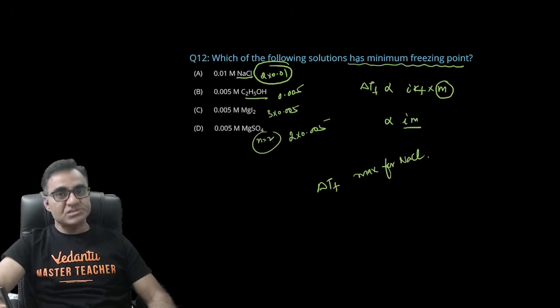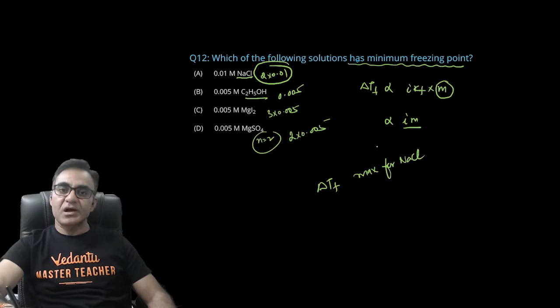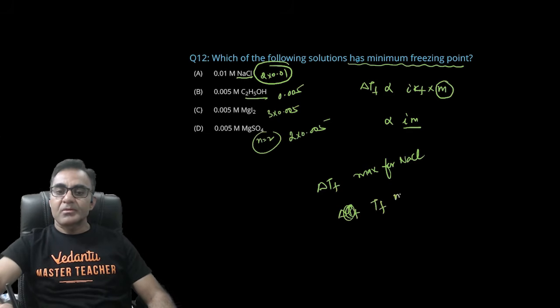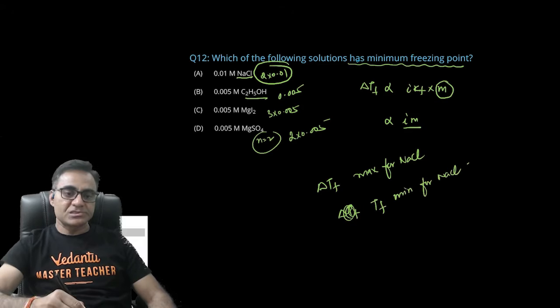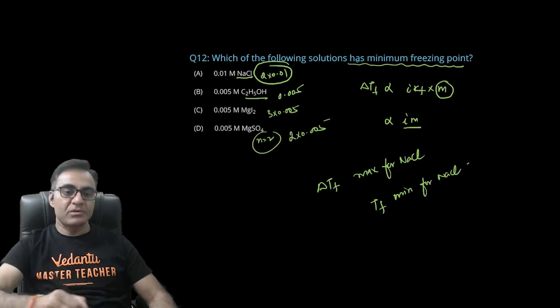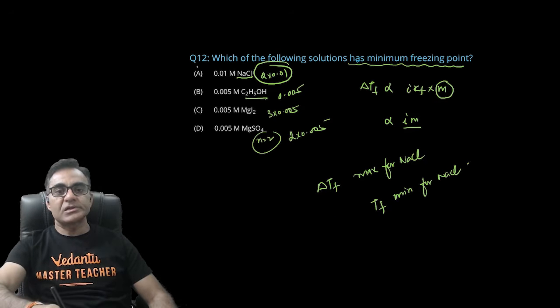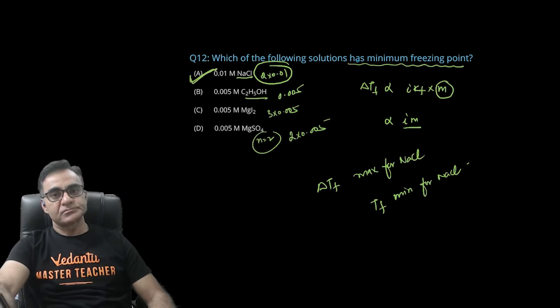और जिसके लिए डिप्रेशन ज्यादा होगा, उस सॉल्यूशन का फ्रीजिंग पॉइंट सबसे कम हो जाएगा। राइट, तो डेल्टा Tf will be maximum for NaCl, therefore Tf will be minimum for NaCl solution। ऑलराइट, NaCl सॉल्यूशन का जो फ्रीजिंग पॉइंट है वो मिनिमम होगा, इसलिए आपका करेक्ट आंसर A हो जाएगा।